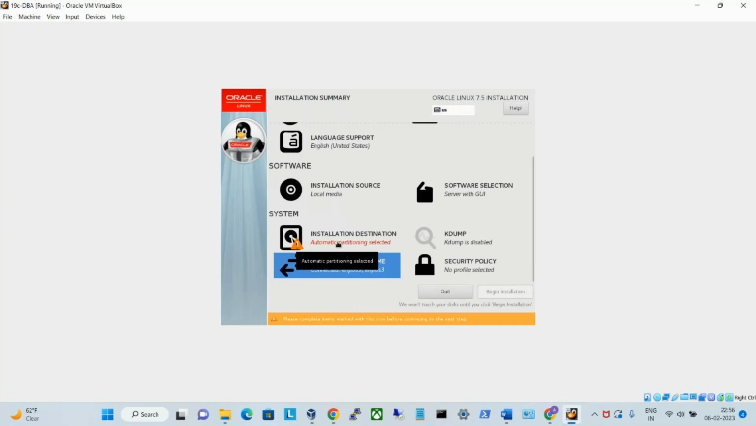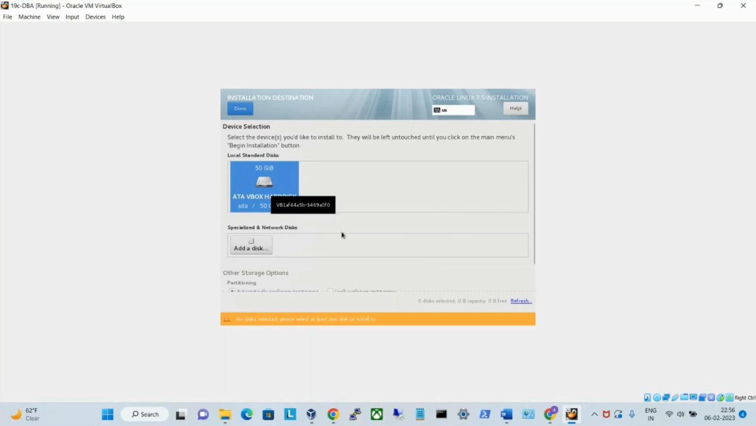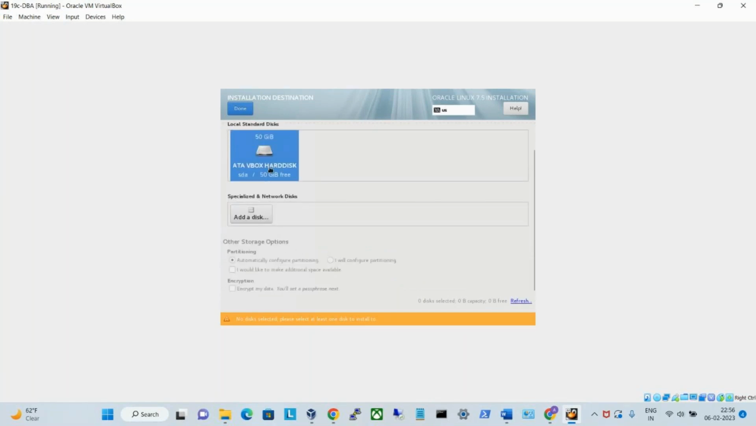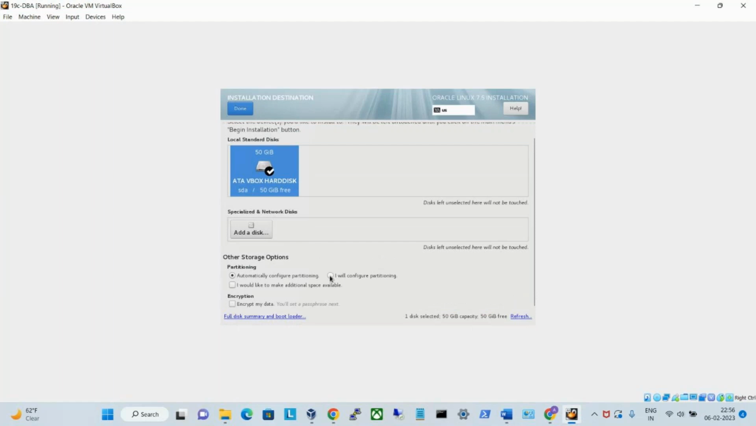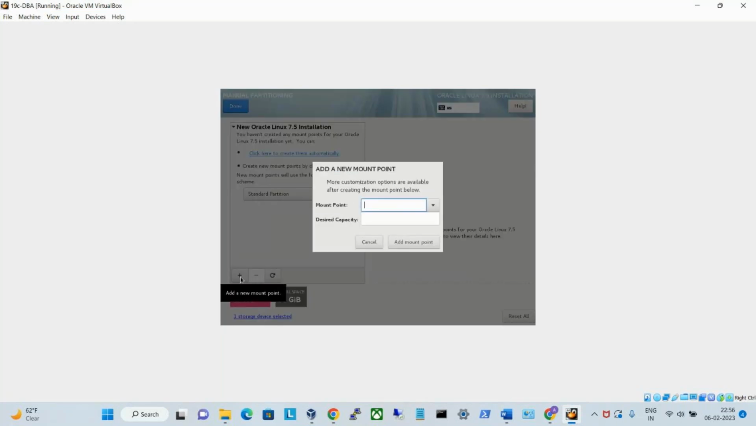And then installation destination, so here we do the partition. Just click on that and double click, and then I will configure the partition. Check this box, and then done. And then here come to standard partition and then press the plus button, and in that I will say, suppose,